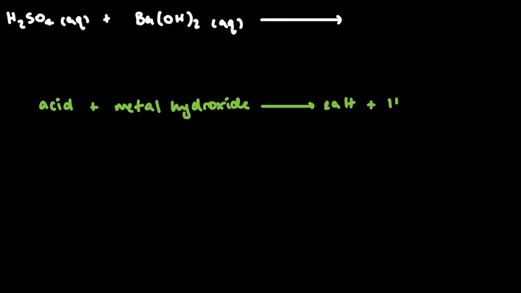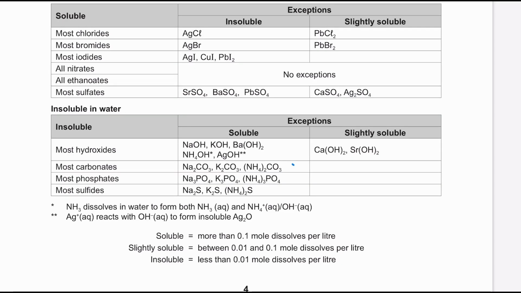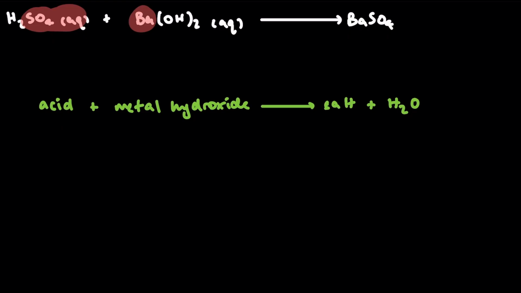And we know in order to work out what the salt is, we have a look at the metal cation, and the only metal cation we can see here is the barium, and therefore the non-metal anion of the other molecule, which in this case is simply the sulfate. So our salt is going to be barium sulfate. And we know that barium sulfate is an insoluble salt. And we just add water to this. Now, to balance it up,